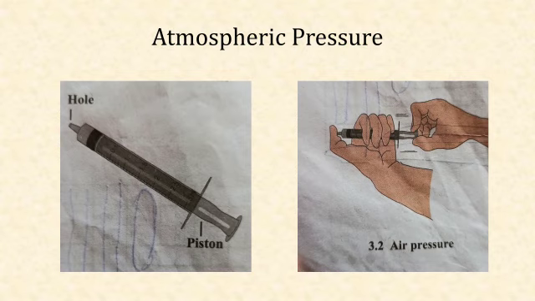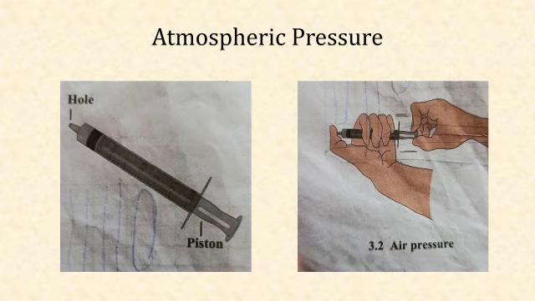When you pull the piston with the inlet hole closed, more space becomes available to the air in the syringe and it becomes rarefied, means becoming less dense, and it starts moving freely in the syringe, and hence the pressure on the inside of the syringe becomes low, but the pressure of the outside air is very high. So when the pulled out piston is released, the air outside, that is the atmospheric pressure, immediately pushes the piston